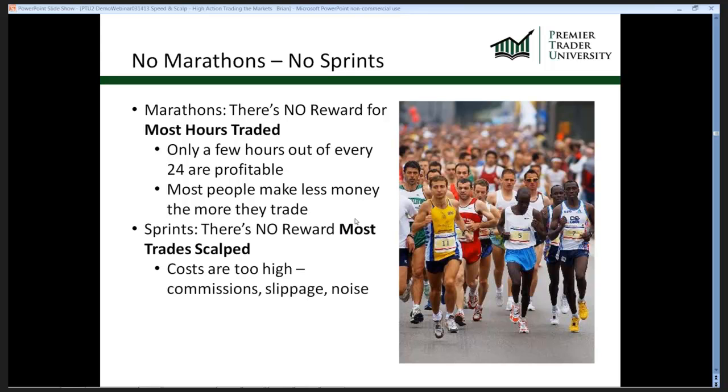On the flip side, when it comes to scalping, as I mentioned before, I cannot name one trader that is a scalp trader, looking for that small scalp trade, who has been successful. I don't have a name right now. If there's somebody on the call, you want to send me an email saying I'm successful, I would be happy to talk to you. I would be interested to see what your approach is and how you're doing it.